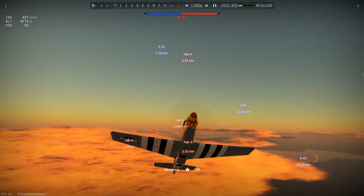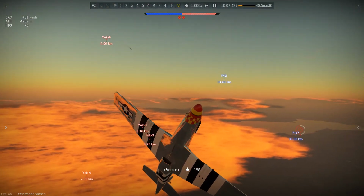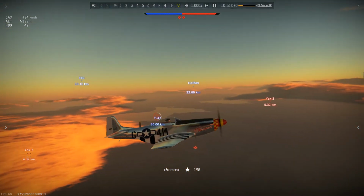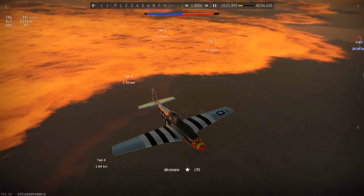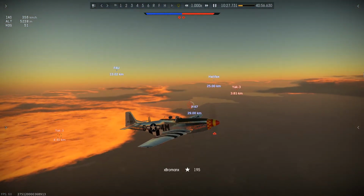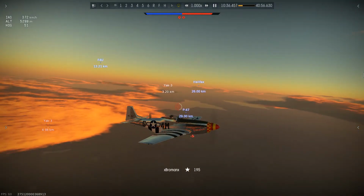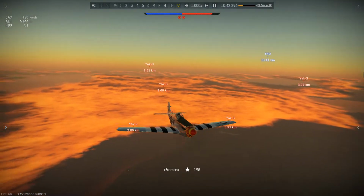Basically, if you've watched my last video where I was talking about using the high-speed spiral climb maneuver against an opponent in the P-47, this is more or less the same thing. I use it pretty much exclusively in this match, and it makes me pretty much untouchable against these Yaks, which is something, if someone would have suggested fighting in the vertical against Yaks...